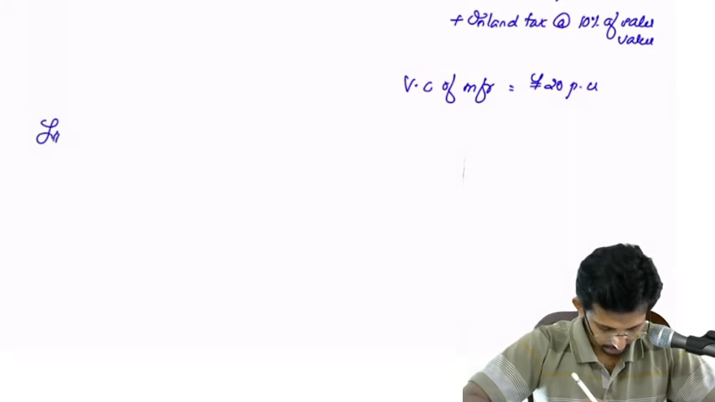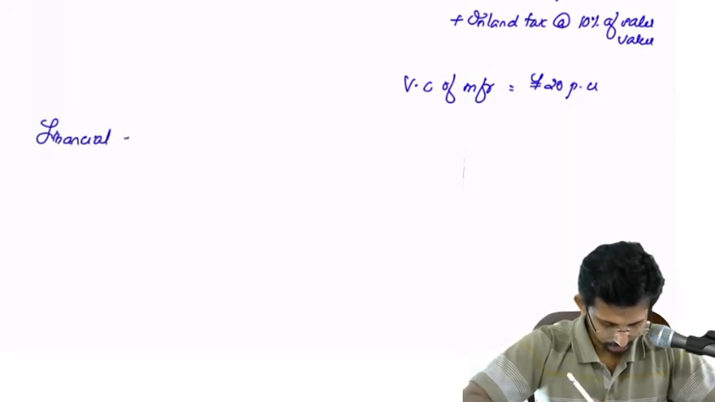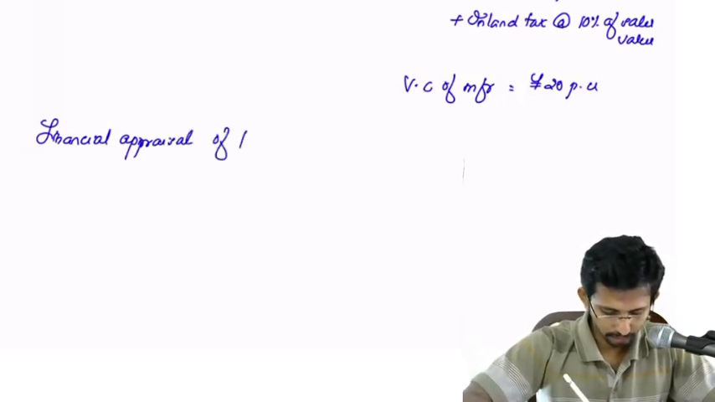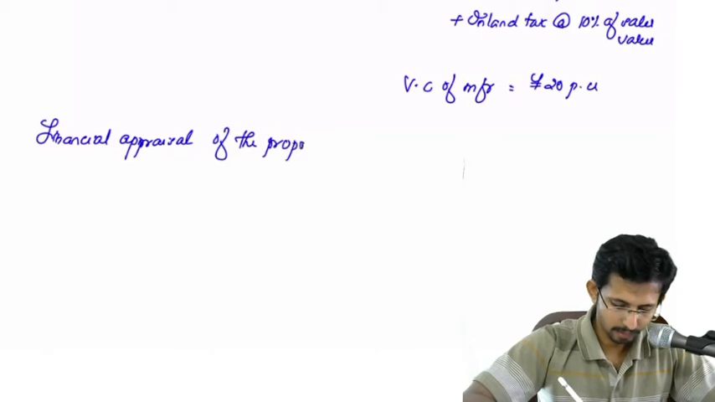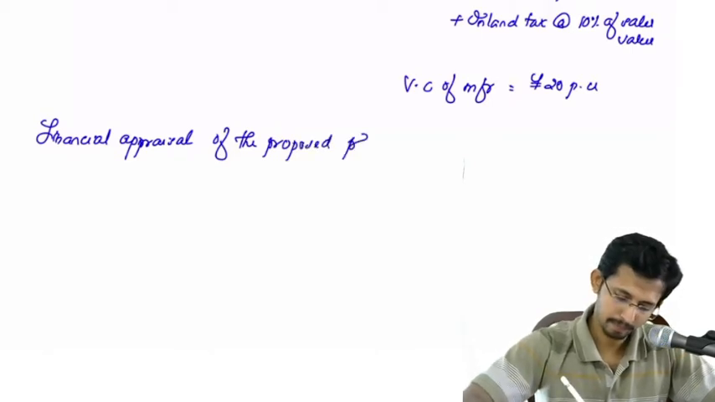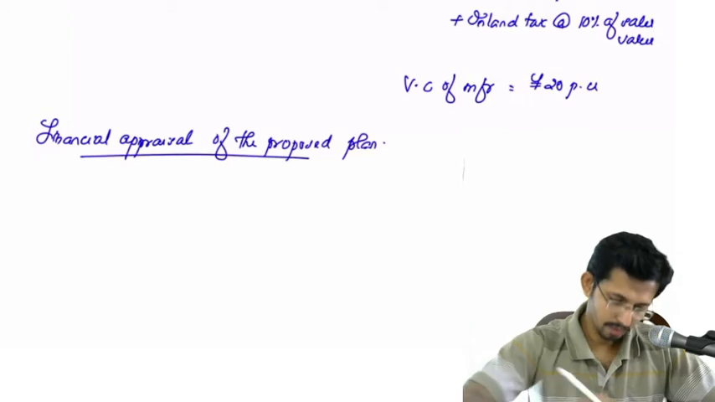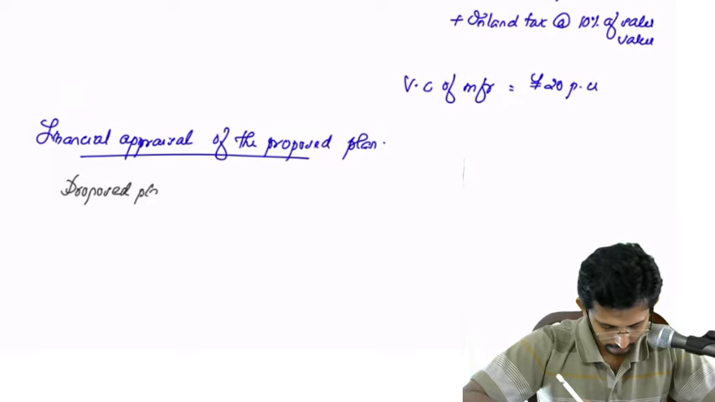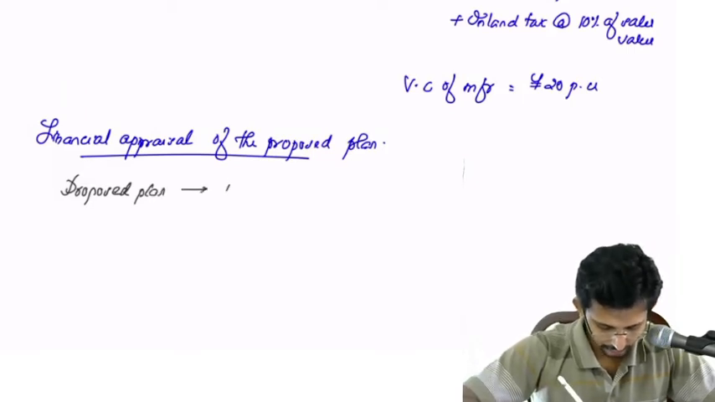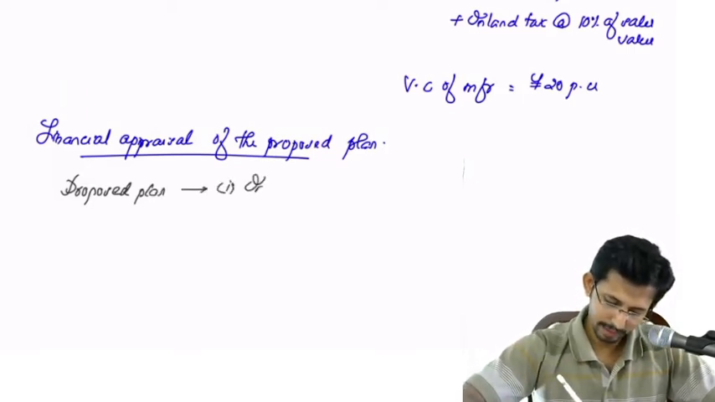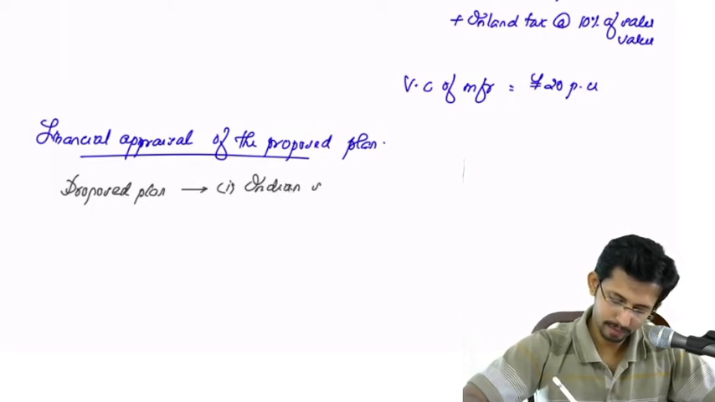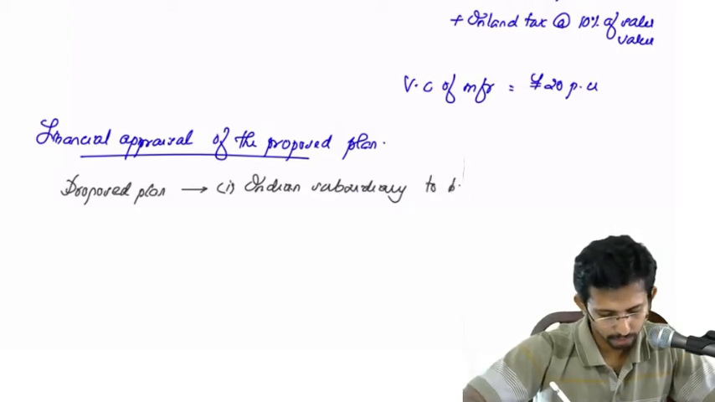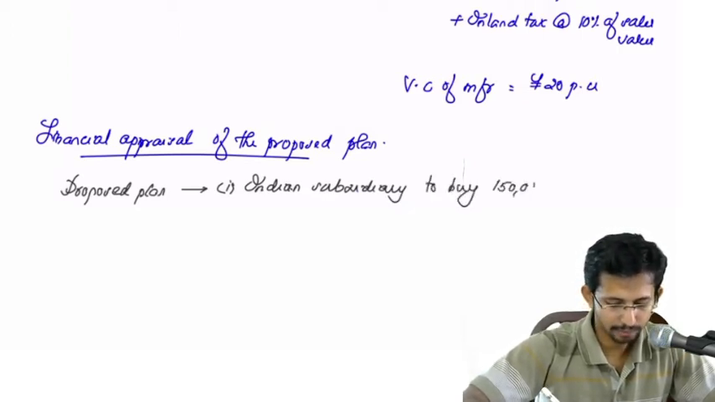Okay. Appraisal of the proposed plan. Okay. So, under that you can write, what is the proposed plan? Proposed plan is 1. Indian subsidiary to buy 1,50,000